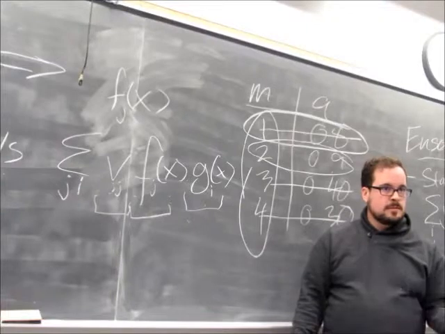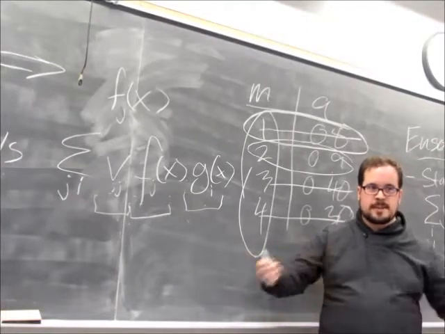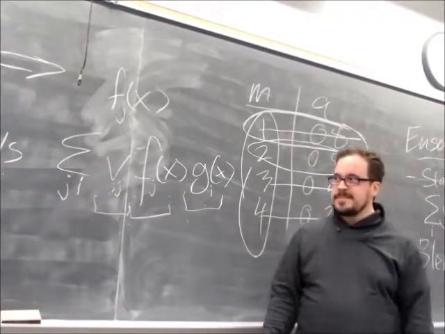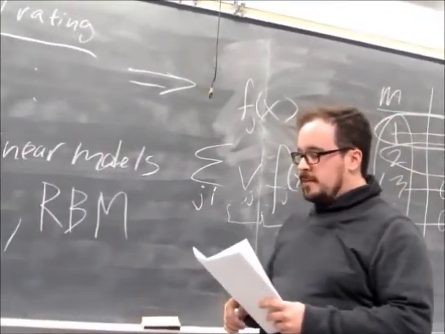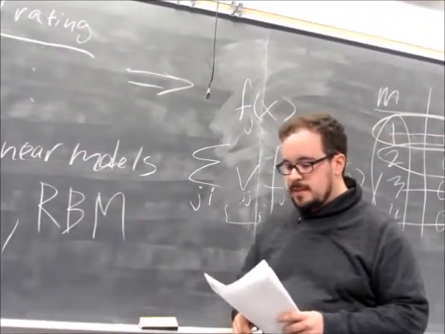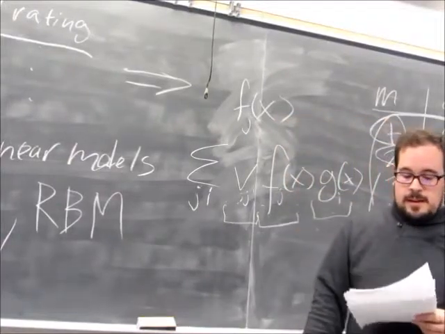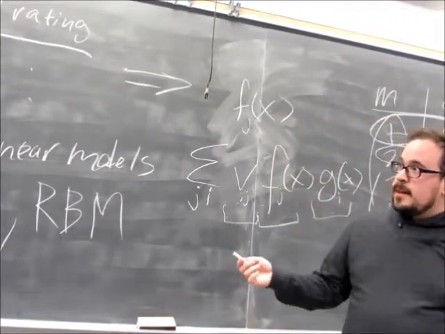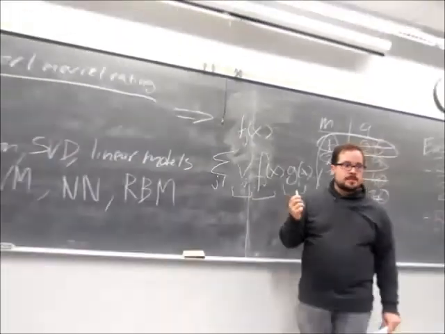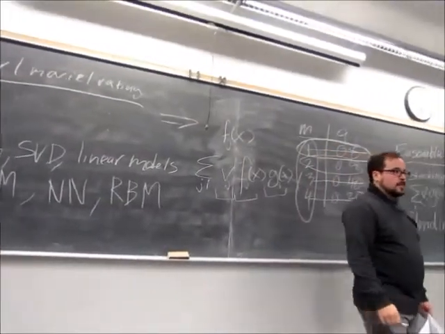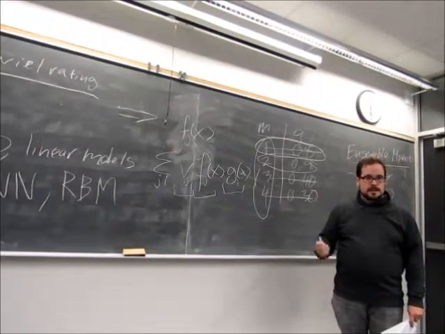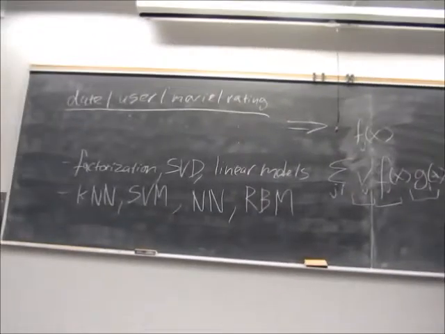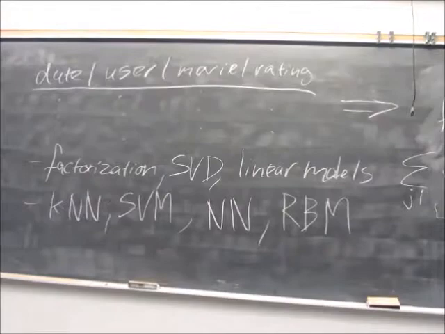Any other questions? Please, discuss. How much data did they use? They were given a total of 500,000 users, 17,000 movies, for a total of 1 million user movie rating combinations, which is quite a bit. And their test data, the data that they had to predict, was substantially smaller.